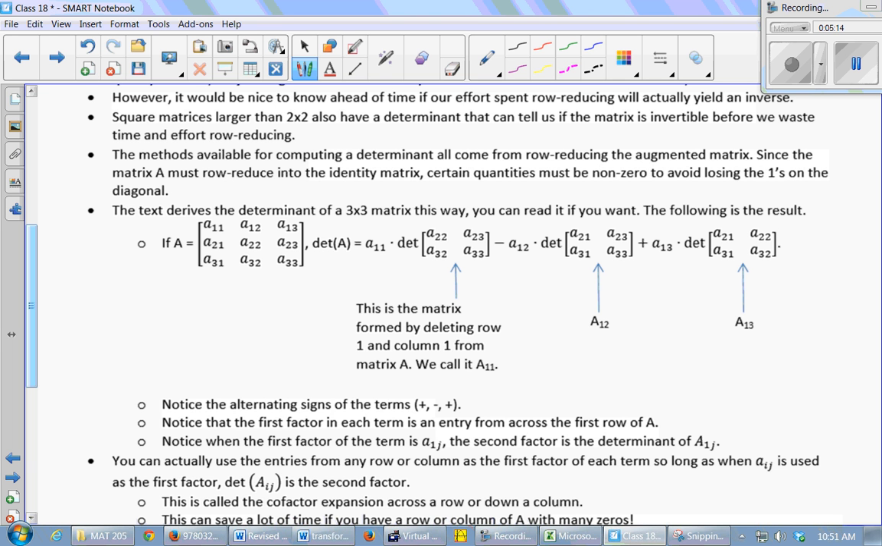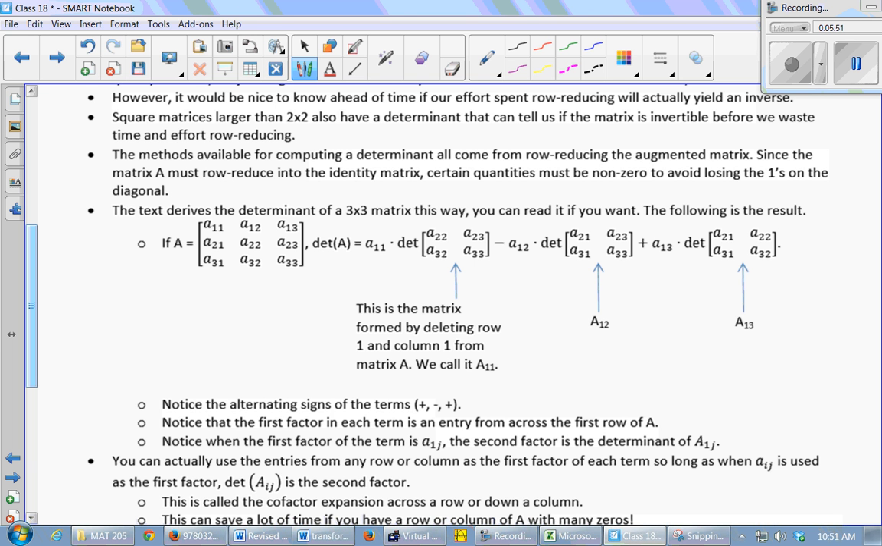But we have this 3x3 matrix. And instead of using A, B, C, D, E, F, G, H, I, after our 2x2, we just use these little subscripts that tell you row, column. So the determinant of that 3x3 matrix is the entry in the first row, first column, times the determinant of what's left when you delete the first row and the first column from matrix A. So we call that A11. So this is little a11 times big A11